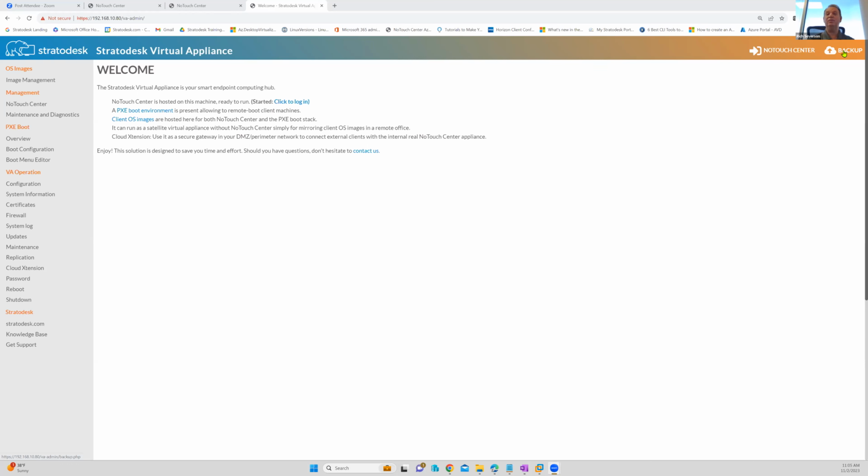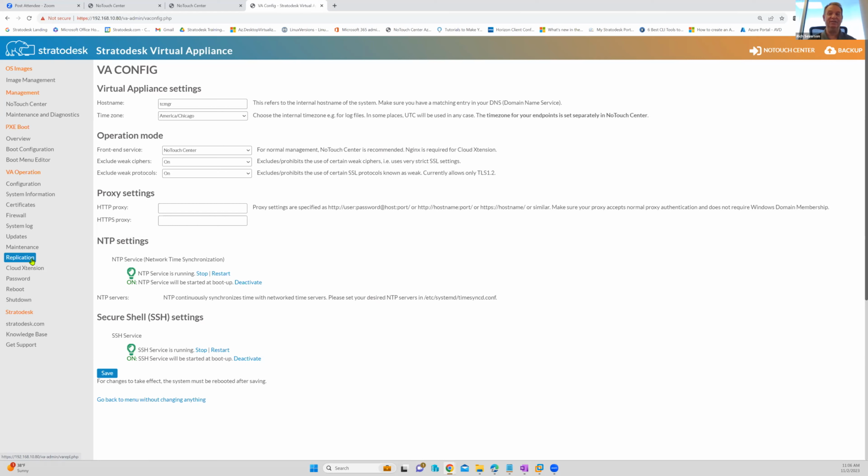The other thing that I wanted to point out here, and this is for people that may have distributed environments, is replication, because this is one of those things that people don't necessarily know about or aren't aware of. Think of an environment where I've got main office A with, let's say, 500 devices, and another 500 devices in main office B. When I go to do firmware updates for the devices in main office B, do I really want to pull the entire image